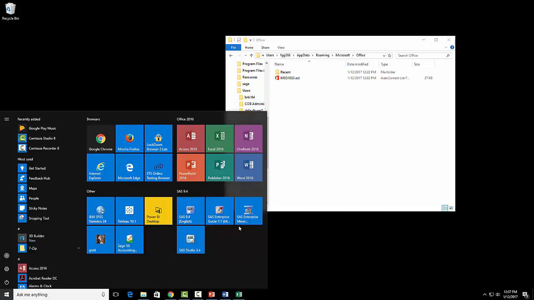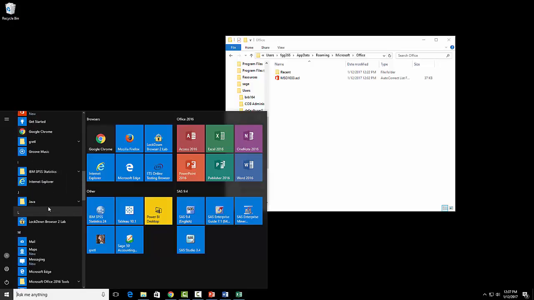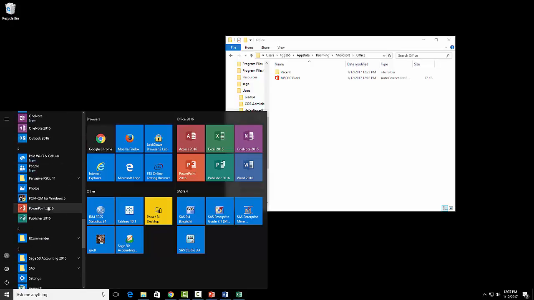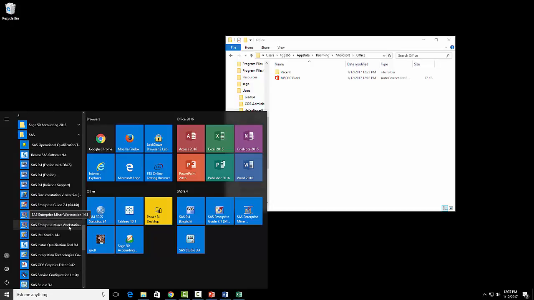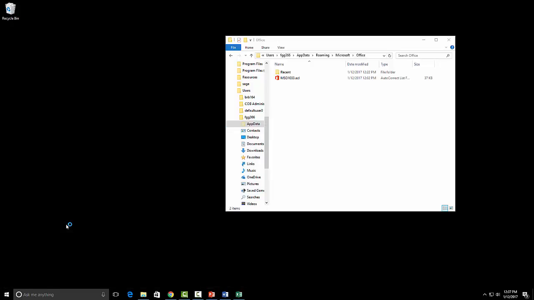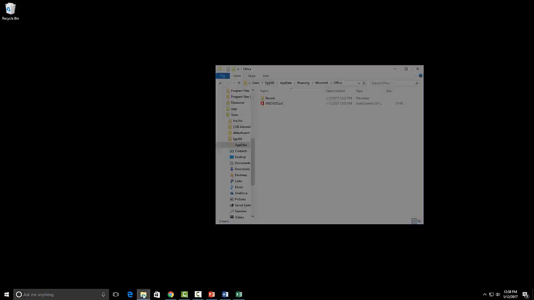Okay, so we have SAS Miner right here, but if you don't see SAS Miner here, you look for the SAS folder and then look for SAS Miner Workstation. That's what you should use. Okay, in the meantime, as it is coming up,